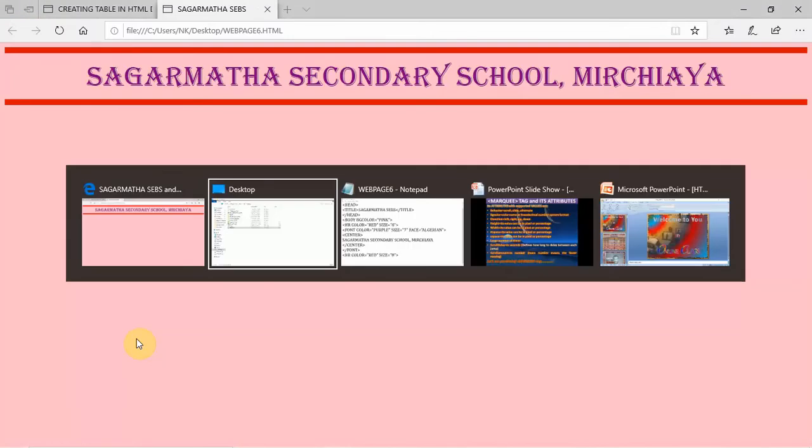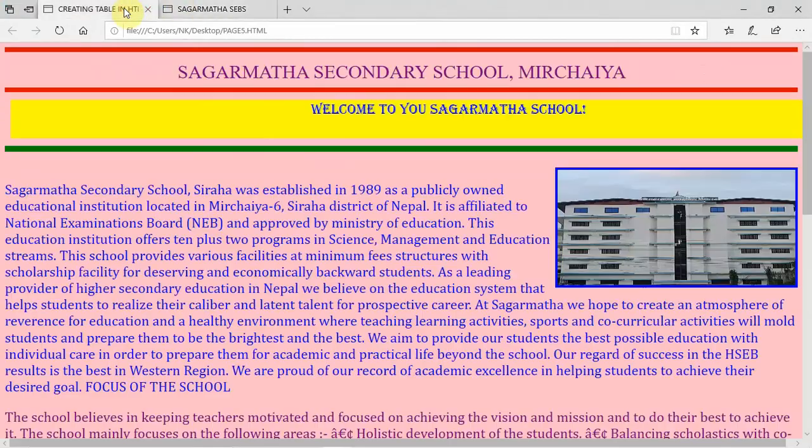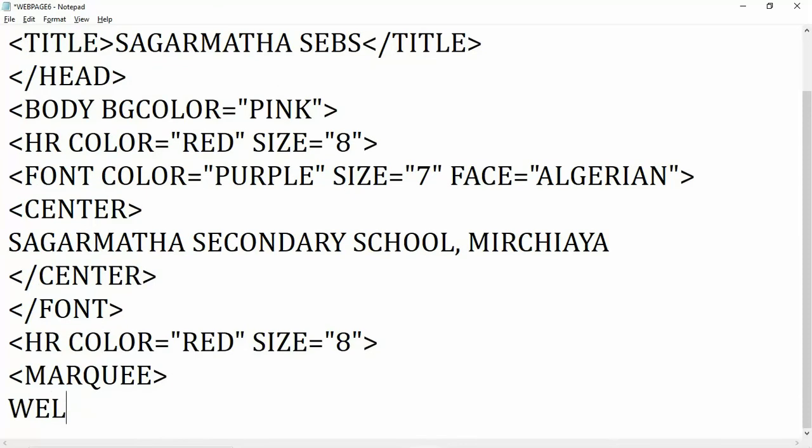Now I am going to tell you how to use this type. Again we are going to create an HR tag, with the help of HR tag another horizontal line, and after that we will use one marquee tag also. So let's see how to use marquee. First write marquee, and you can write your text here.